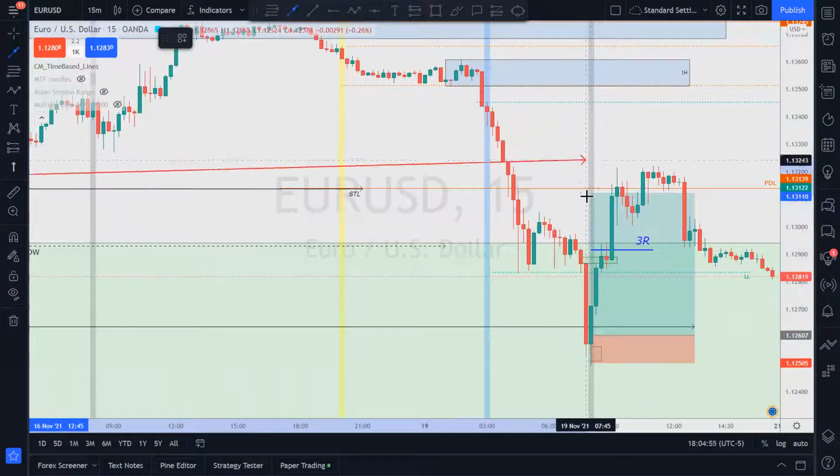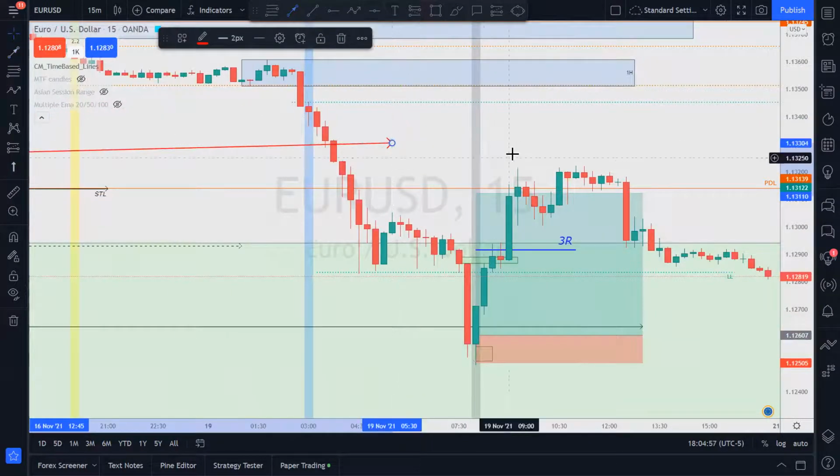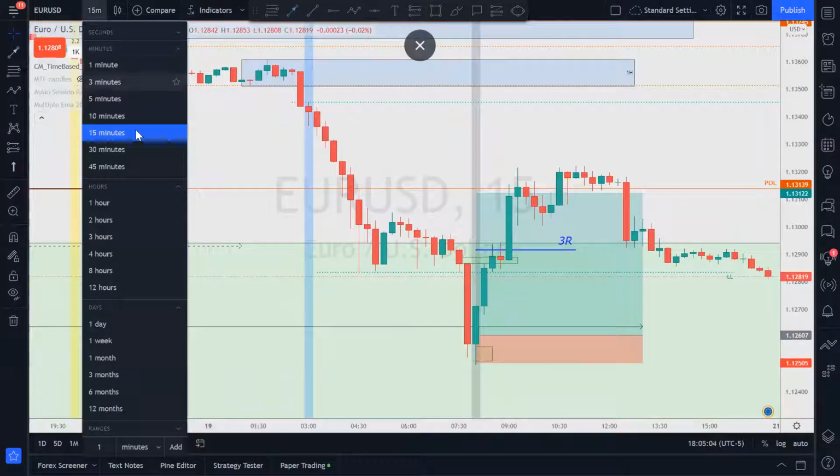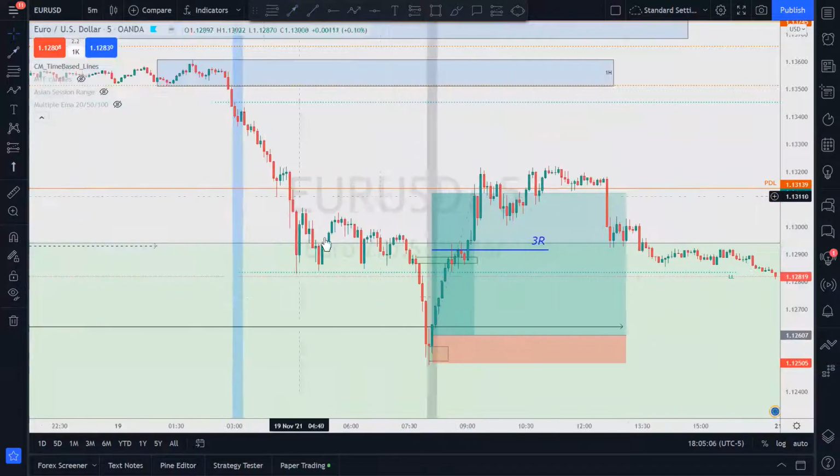See this gray bar? That's the New York Open. When it gets close to within 10 minutes or 5 minutes of the New York Open time, I like to go to the 5-minute to get a good look at these, where the liquidity might be above and below, which way price will go.